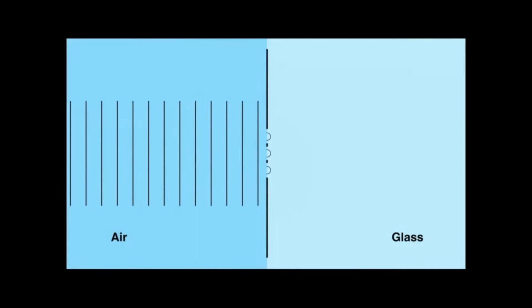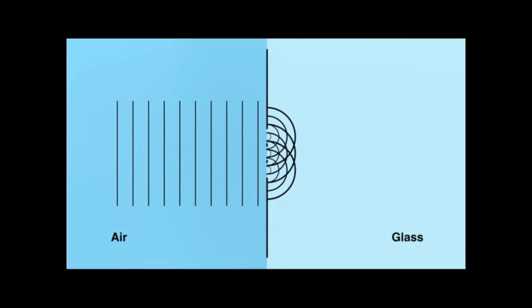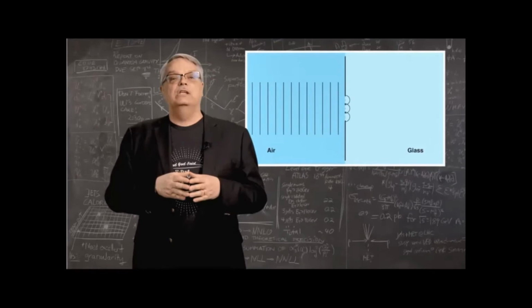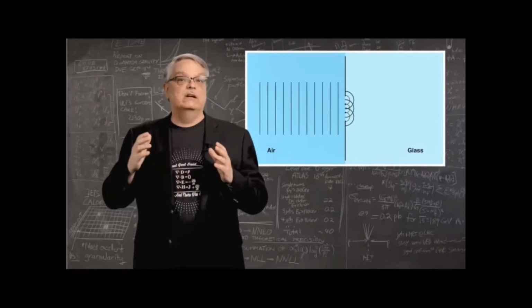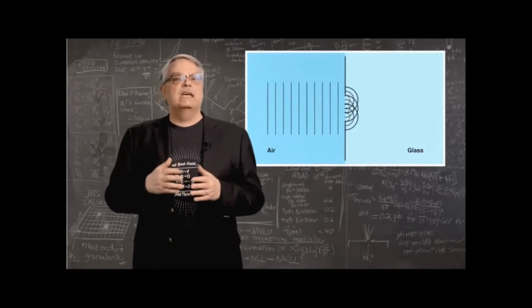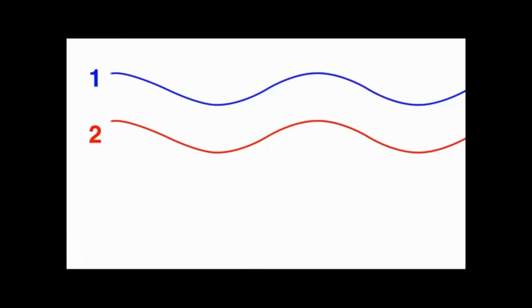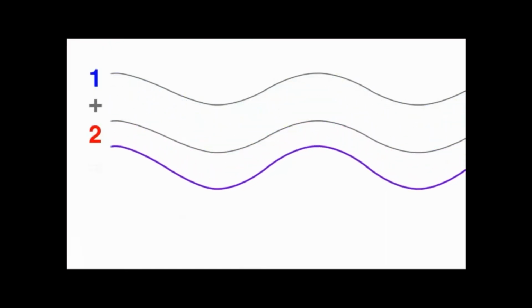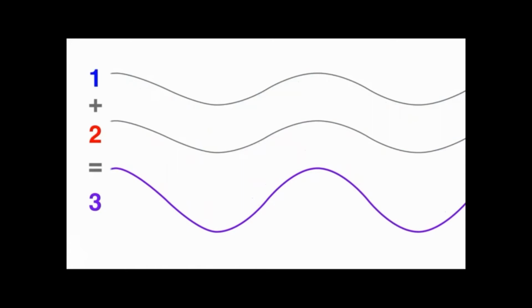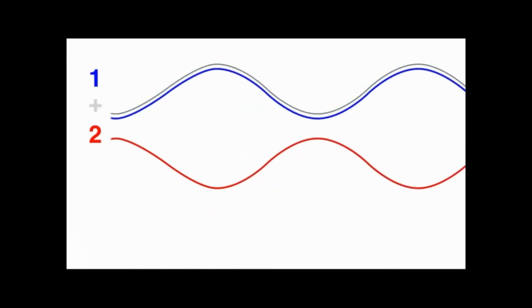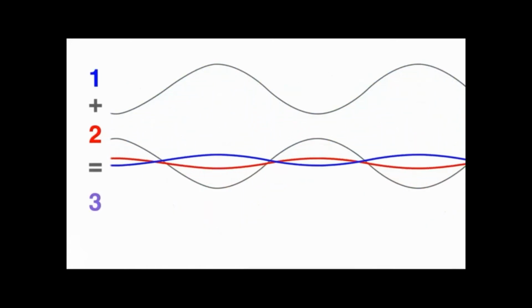If waves hit more than one gap, each gap will allow waves to pass through and make ringlets. The waves from each gap can interfere with one another, with the waves either adding to or subtracting from one another. In this animation, the lines show the position of the peak of the waves. Showing how the waves add together is perhaps easier looking at them from the side. When the peak of two waves encounter one another, the result is a single and bigger wave. And when a peak of one wave hits the trough of another wave, they can cancel each other out entirely.